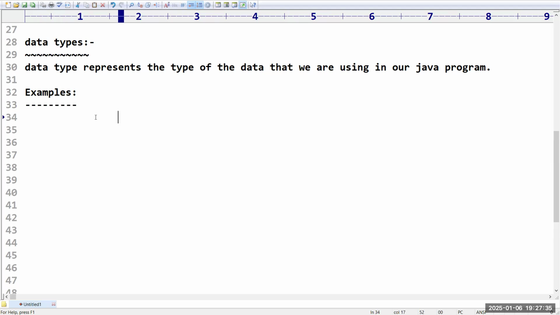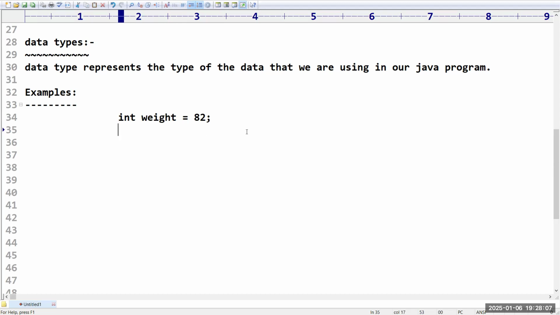For example, I am taking integer weight is equal to 82 kgs. Have you observed this line? 82 is a number which is assigned to weight. So 82 is what type? Integer type, a number type. That's why I declared it as an integer. Here, this int is called the data type. Data type represents what type of data it is holding.